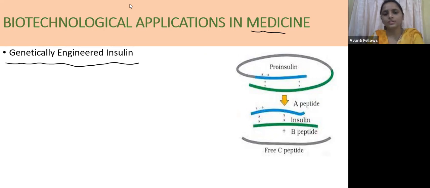No, right? There is no RNA splicing or any modification of the RNA that will take place in the bacteria. So we cannot get the direct insulin from the bacteria, right? So first we will go to the structure of this insulin.